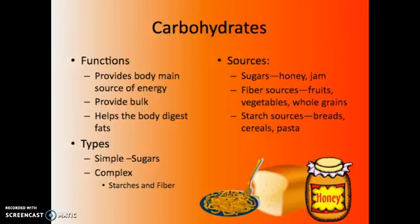I think carbohydrates have gotten a bad rap lately, but carbohydrates are just as important in your diet as protein. It provides energy, it also provides bulk, and it helps the body digest the fats that you take in. You may have heard already there's 2 types of carbohydrates. There's simple sugars and there's complex carbohydrates. Simple sugars process or digest very quickly in the body. Complex carbohydrates take a little bit longer, and so a lot of people prefer the complex carbohydrates when they're trying